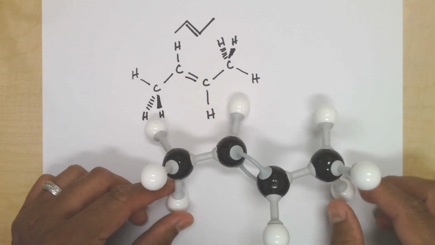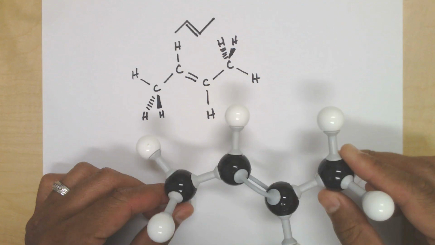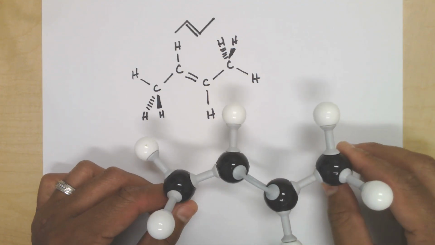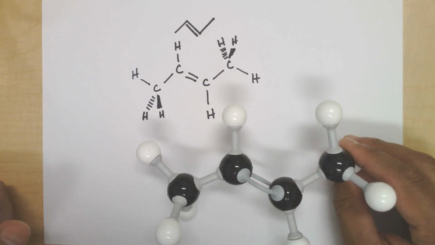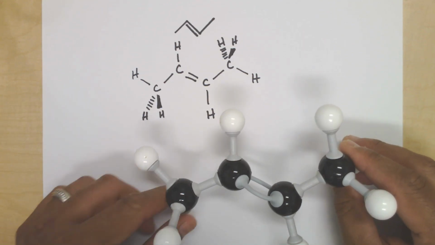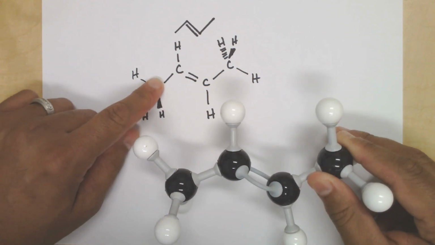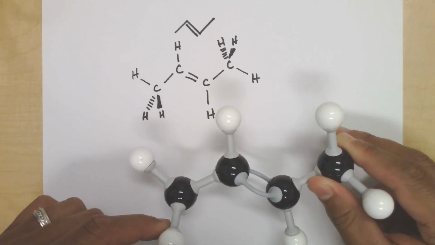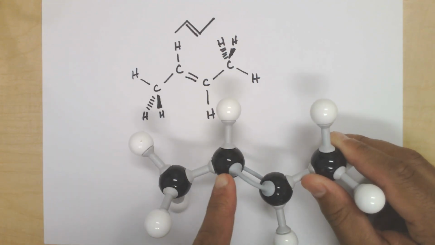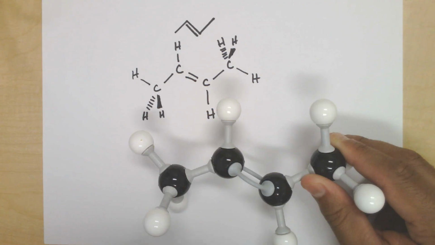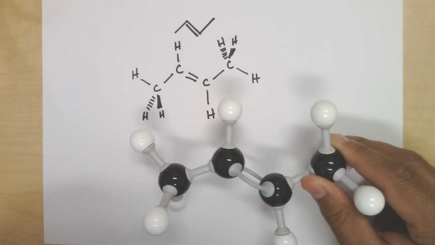So I'm zooming out just a little bit so we can see the structures and the model. So here's the model. You can see here that zigzag shape. And so that's why we draw line angle structures with a zigzag shape, so we can get some idea of the geometry. Of course, the geometry around the tetrahedral carbon right here at the end, those bond angles are 109.5 degrees. The bond angle around the trigonal planar is 120. So they're pretty close to each other. We can draw the zigzag lines to represent that